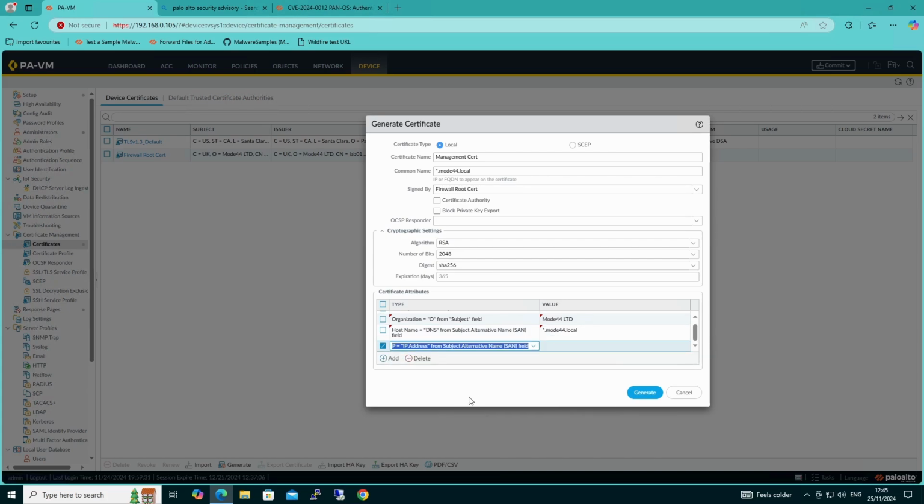And then because we might want to browse to this by IP address, I'm going to give it the IP address 192.168.0.105. Oh, .0.105, and then we're going to give it the other IP address as well, which is